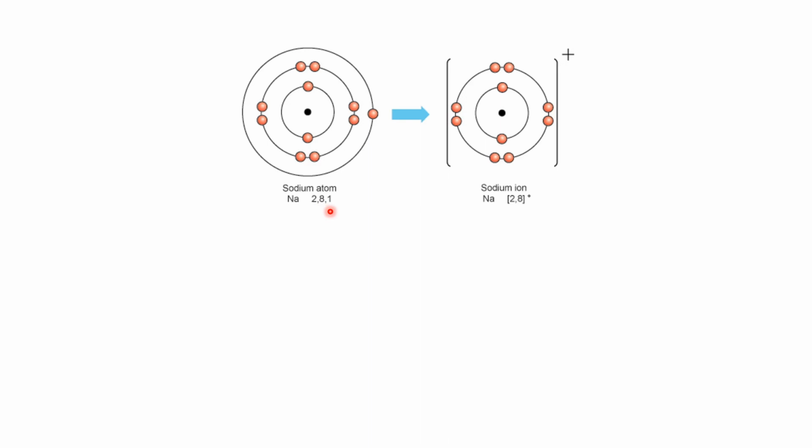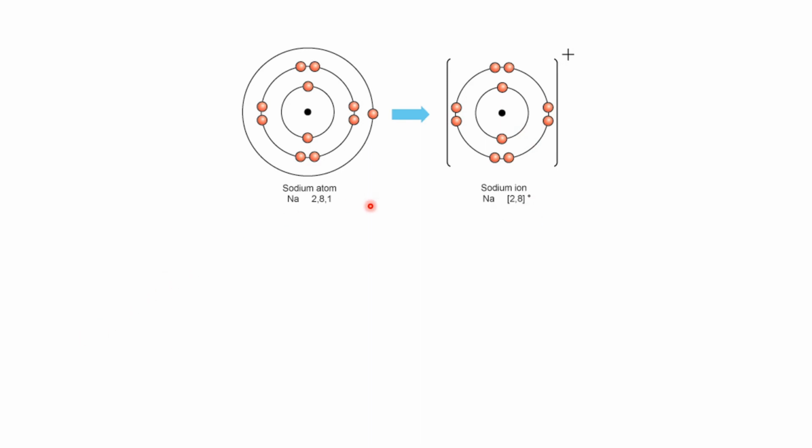Now, if this electron comes out of the shell, out of the atom, since electrons are negatively charged, if one goes out of the atom, it will leave a positive charge on the atom, like this. Okay, now if one electron has been removed, it is seen in the electronic configuration, and this sodium atom is now converted into a sodium ion, where the electronic configuration is now changed into 2, 8. One electron is not present in the sodium ion and it is not mentioned in the electronic configuration.